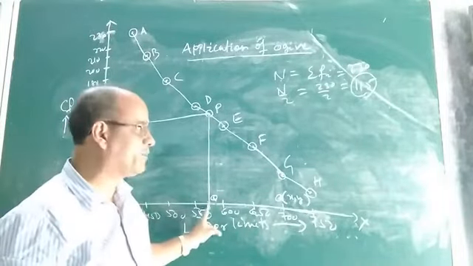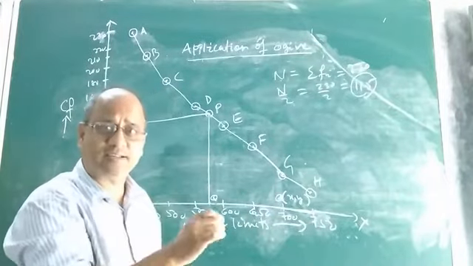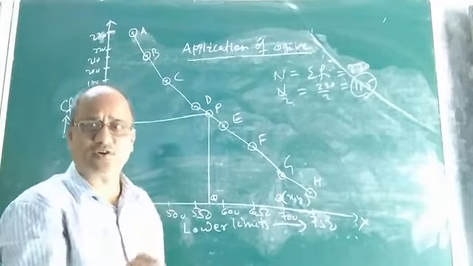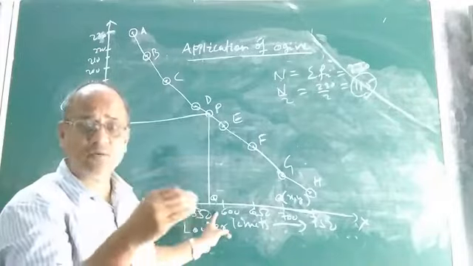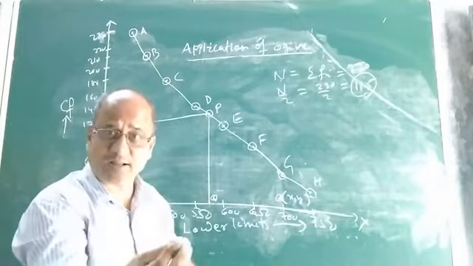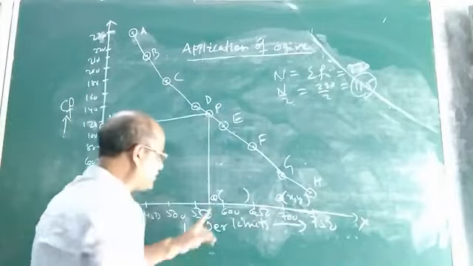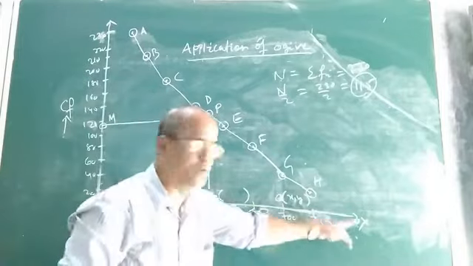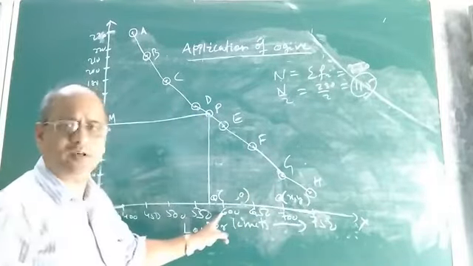Now look, as the point Q lies on the x-axis, you know if a point lies on the x-axis, its y coordinate or ordinate is 0, but the abscissa is not 0, it is some real number. So what will be the coordinates? You find the 2 coordinates of the point Q, which lies on the x-axis. Its y coordinate will be 0. And what will be the x coordinate?